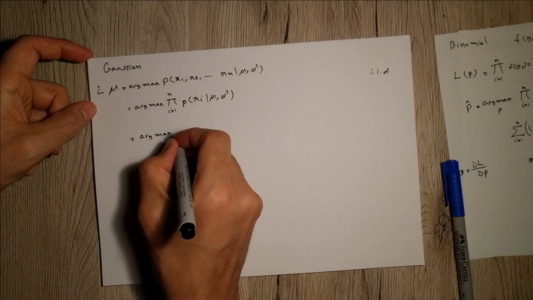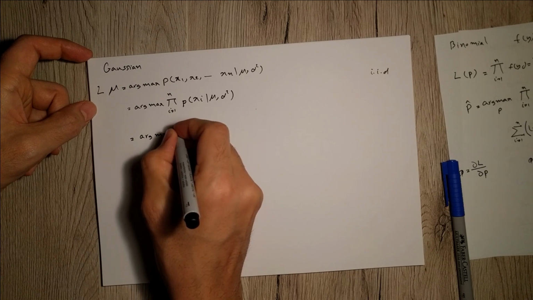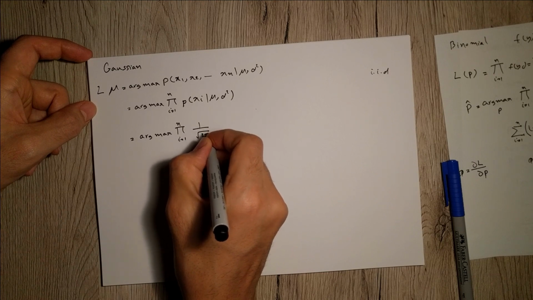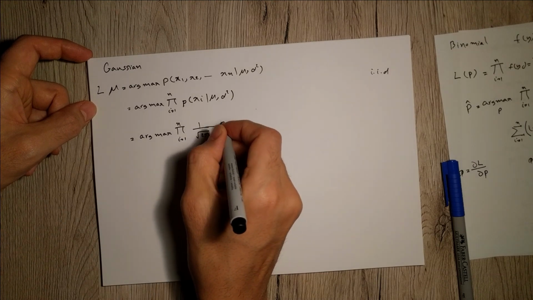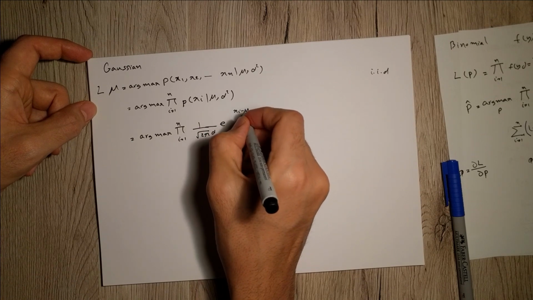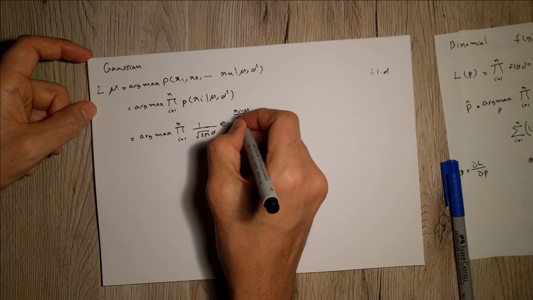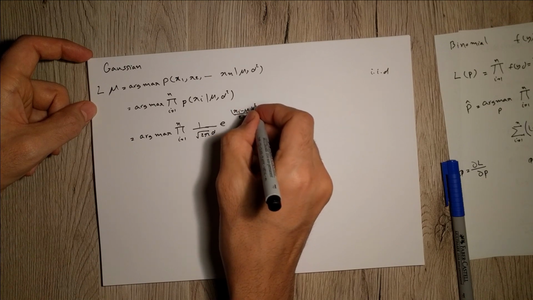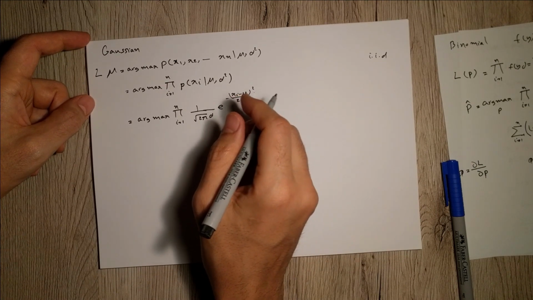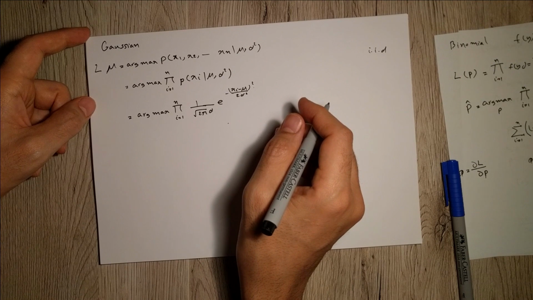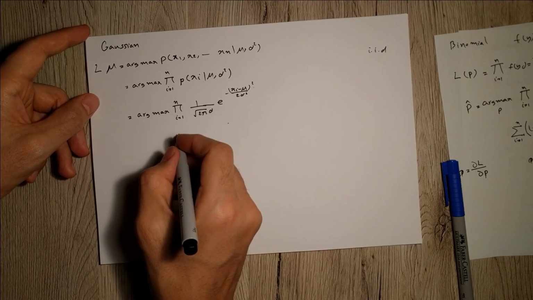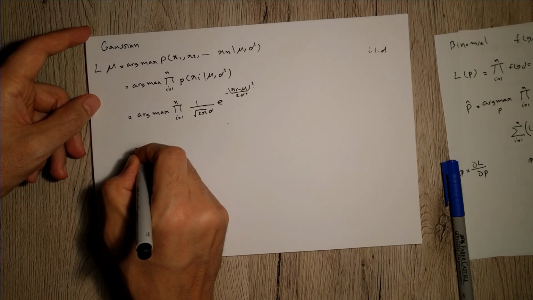We know the p, so we just plug it in, and we're going to have, okay. Now we compute the ln, the logarithm, which turns this multiplication to summation. So we have